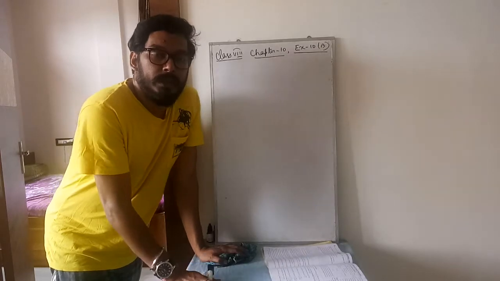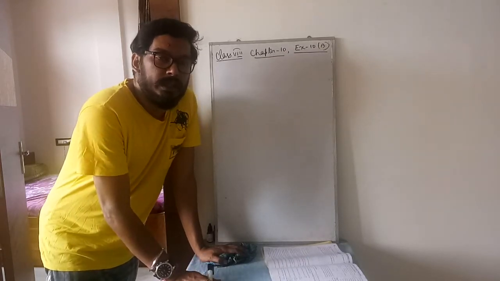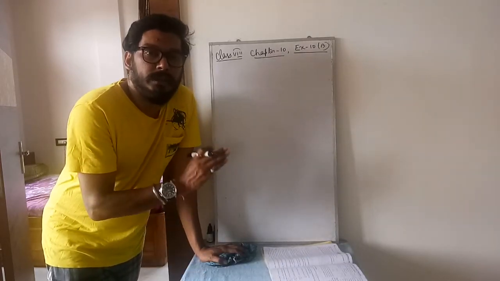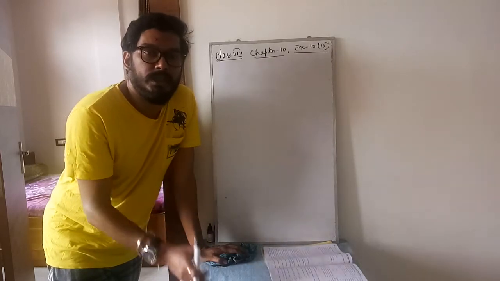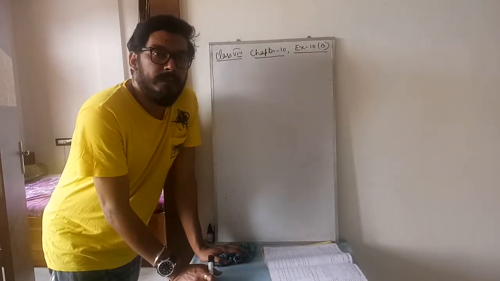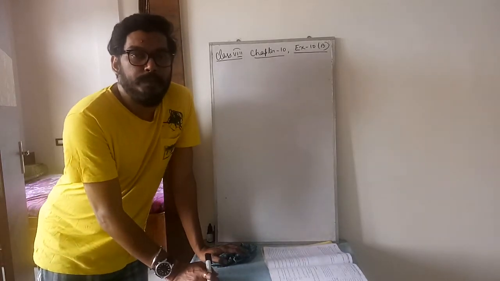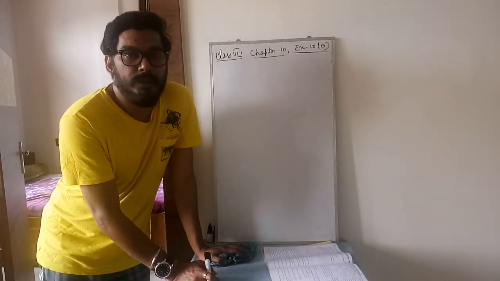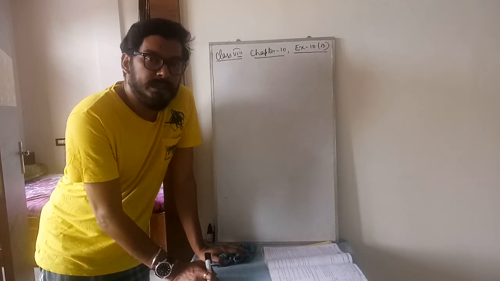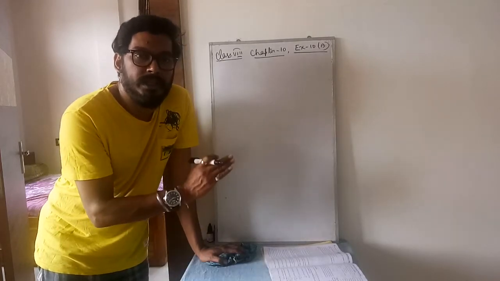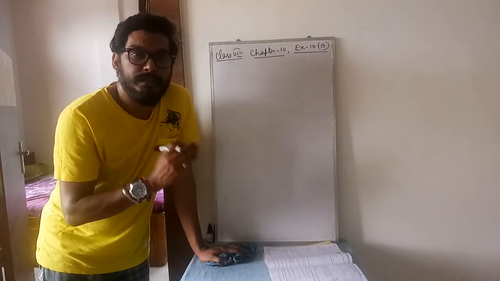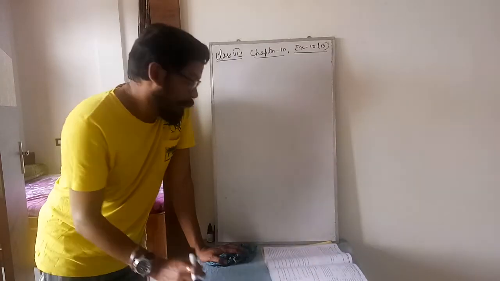If you remember, in inverse variation I have said if one quantity value increases, the other quantity value will decrease. I gave an example in the previous session between speed and time. If speed is more, less time will be required. If speed is less, more time will be required. Speed increased, time decreased. Speed decreased, time increased.